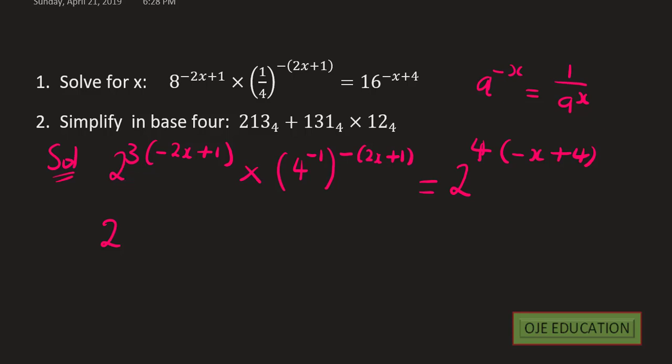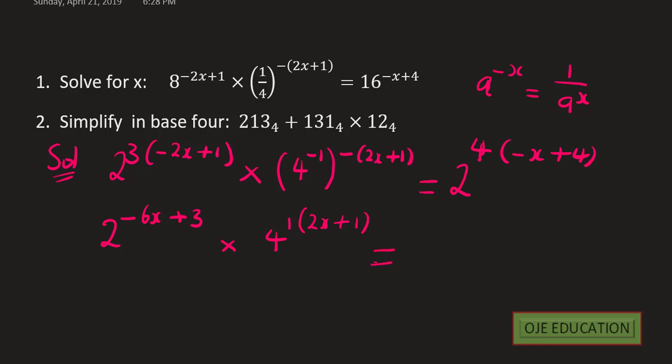So here becomes negative 6x plus 3 multiplied by, I have 4 to the power of minus 1 times minus 1 is plus 1. So I have 1 here. So we have this as positive 1. So open bracket 2x plus 1